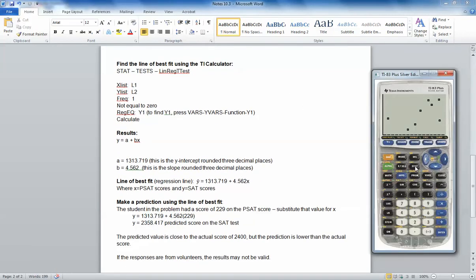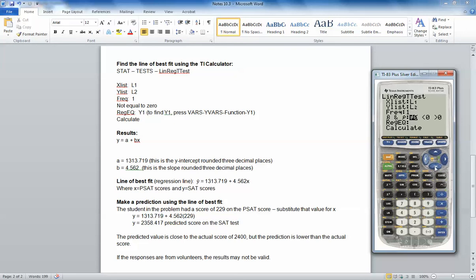We're going to go, let me clear out of here. We're going to go to Stat, over to Tests, the same as we did in 10.2. Scroll down to Linear Regression T-Test. Enter. I've got my X list in list 1, Y list in list 2, frequencies 1, select not equal to 0,